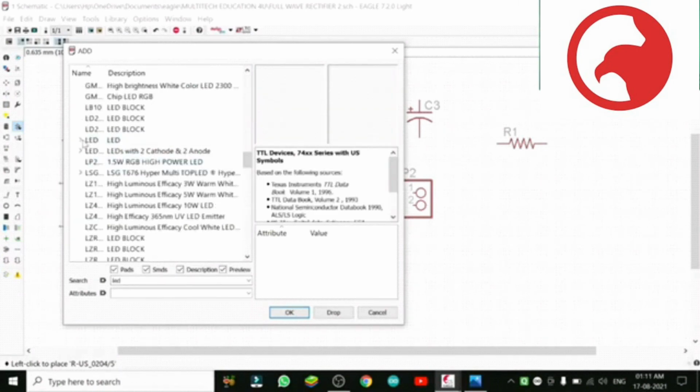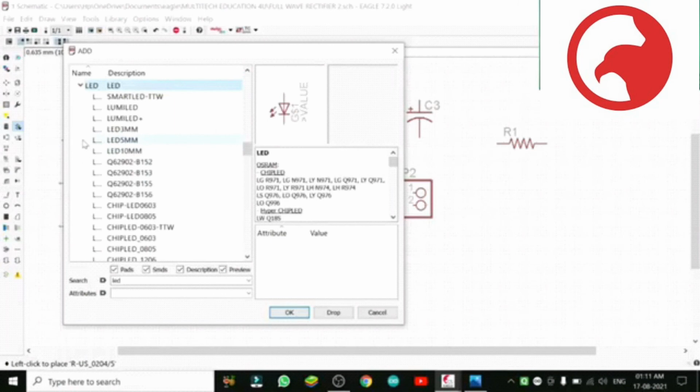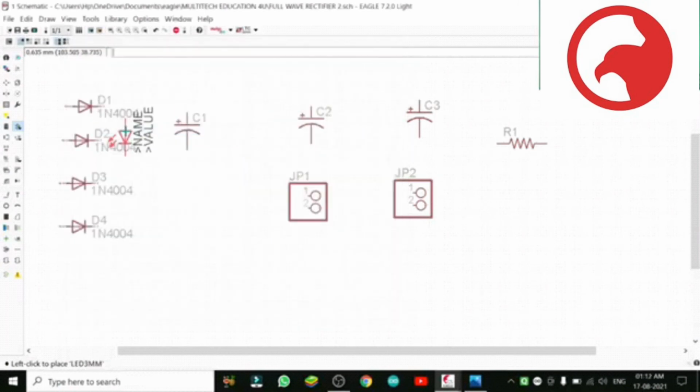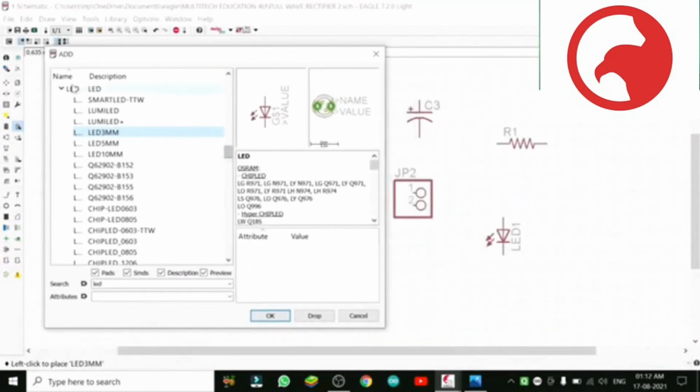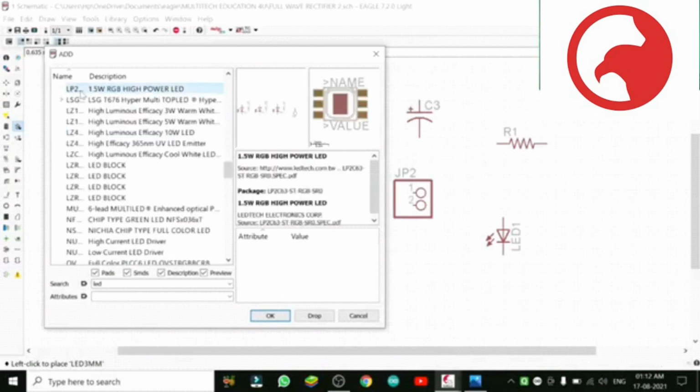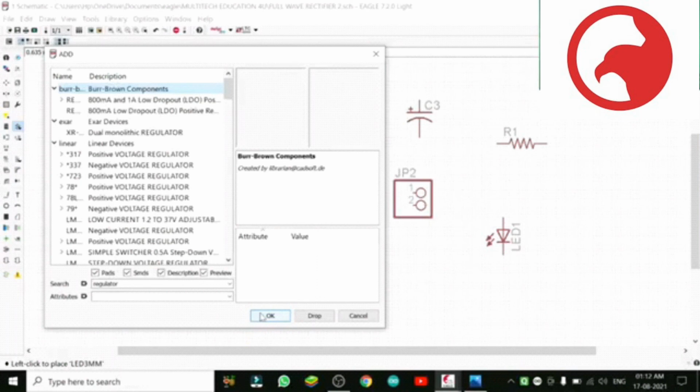Now see, LED has come, we write LED. So always close the folder. So here are the LEDs. The LED has come, okay. We will name it afterwards, whether it is of 3 mm, whether we will use of 5 mm, like that. So this is the way to bring the components from the library as per your circuit on your schematic layout, the schematic drawing you can say.